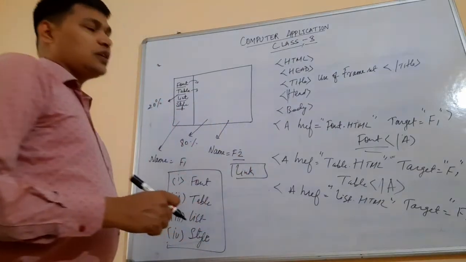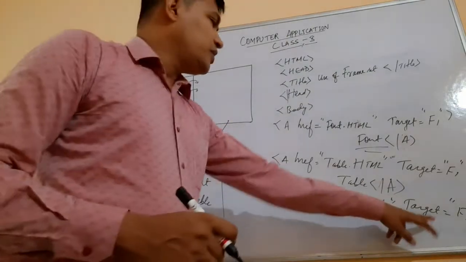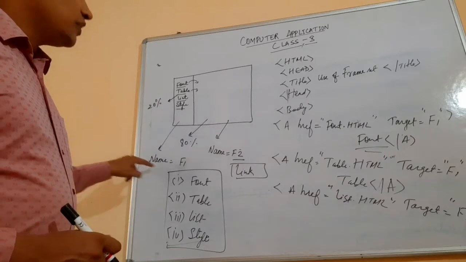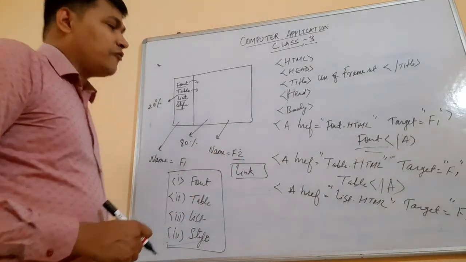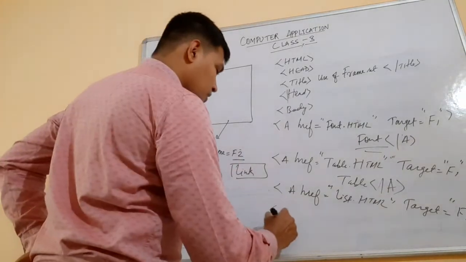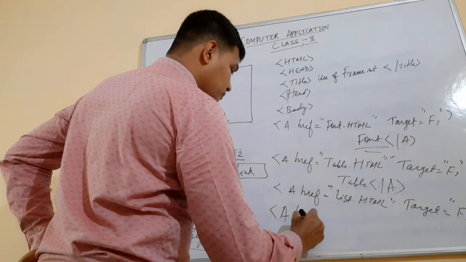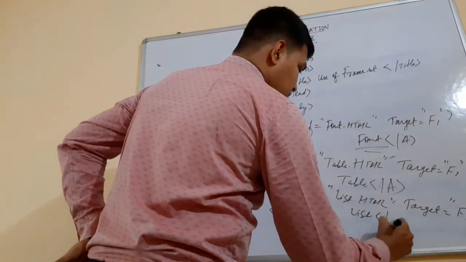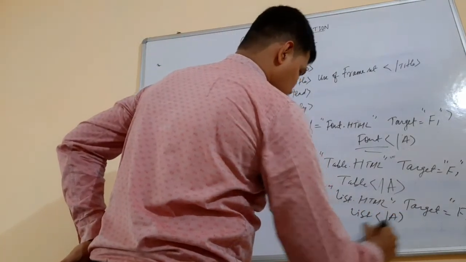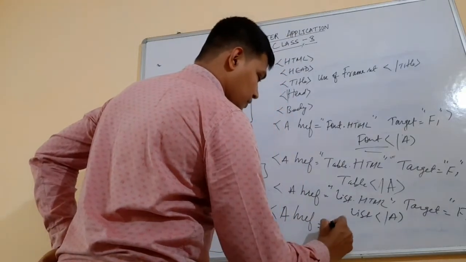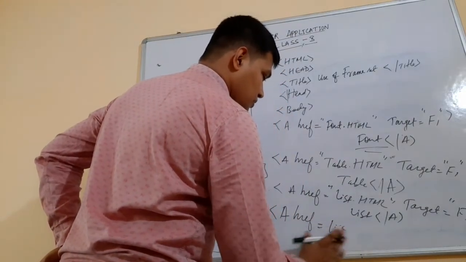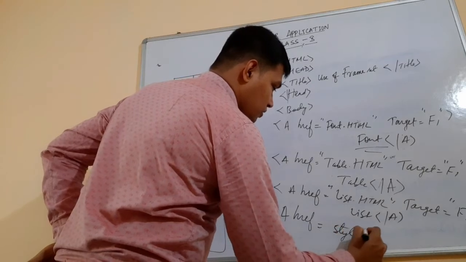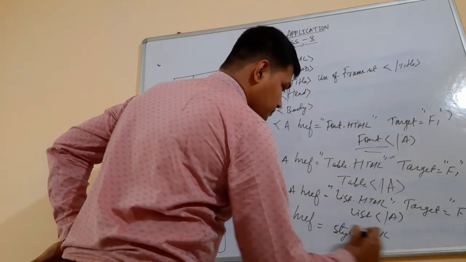Why am I giving the f1 target? Because I have to display it in the f1 area, so that's why I am giving the f1. Then after that you have to give the list, and then after that the A will close, then the href list, and then the style. The style.html file is there,